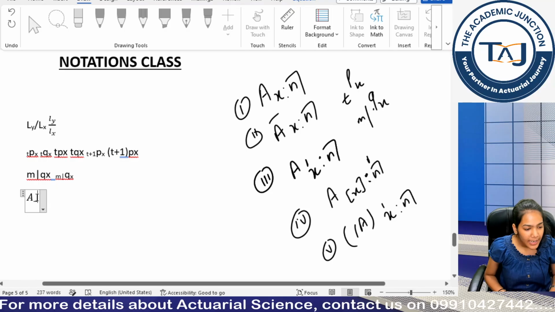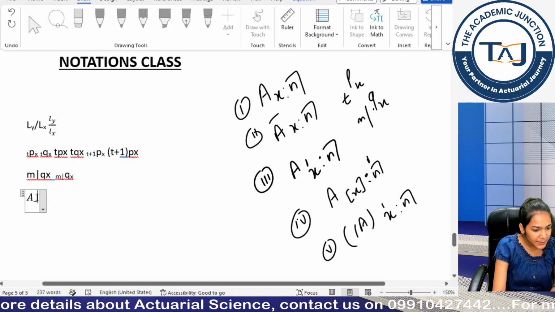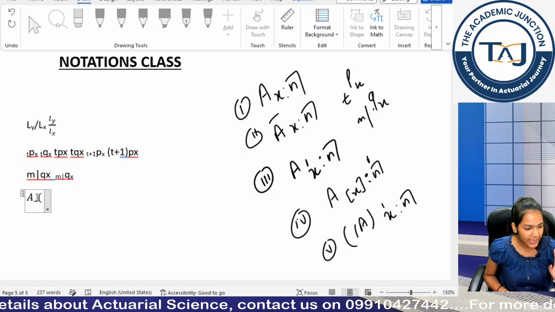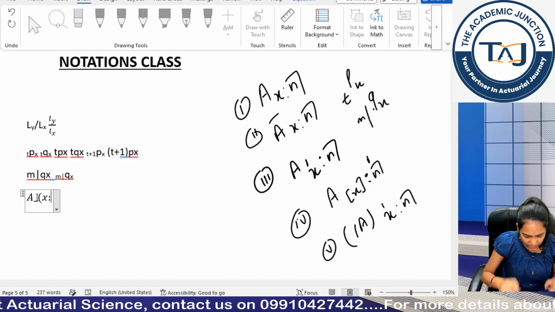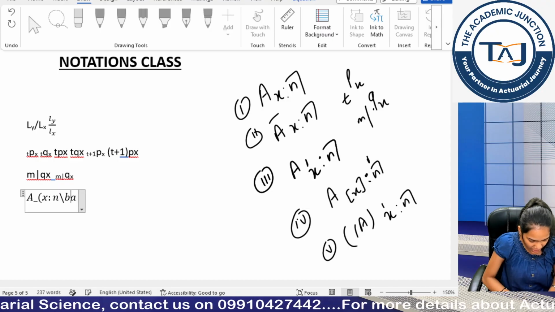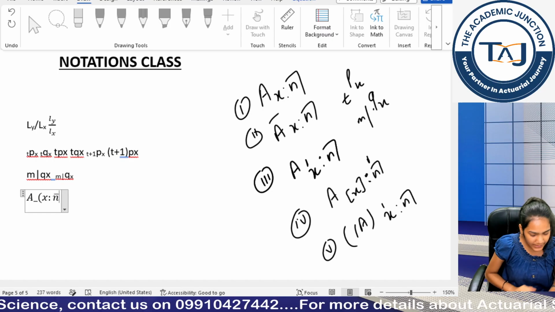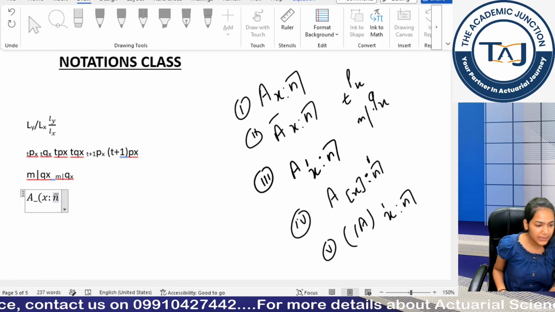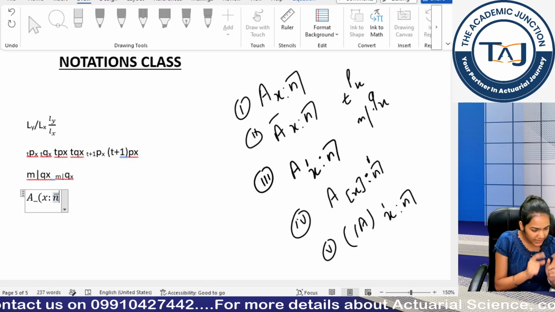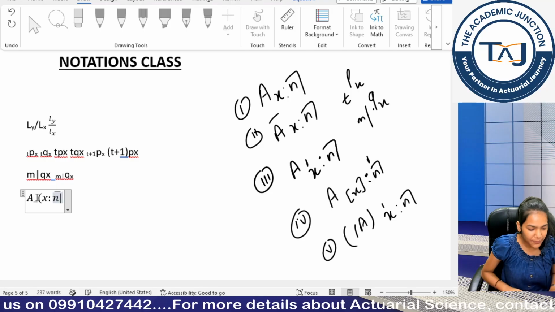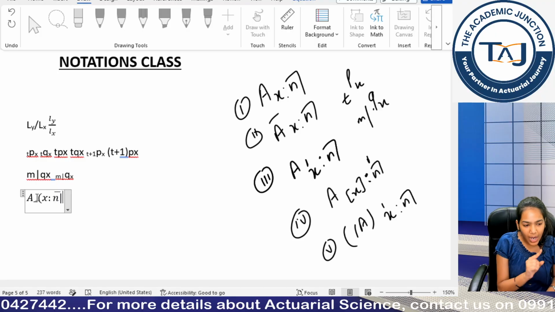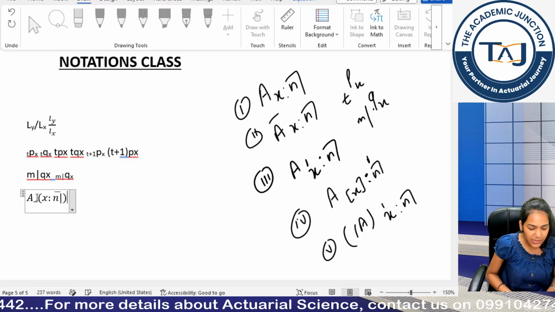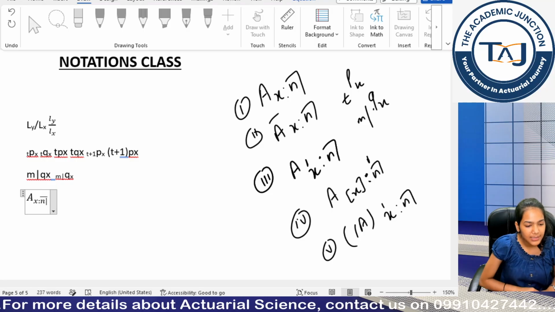So I have X, everything is in subscript, right? So I will use brackets firstly, X colon. Now N has a bar over it, so I will use N backslash bar, double space, then I will use the backward arrow so that I can reach it, then use shift this, then I will use the forward arrow key to move out of this blue box, then I use brackets and then I use space.